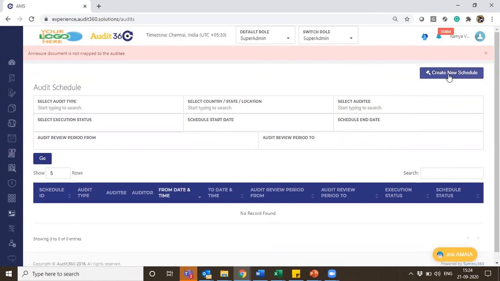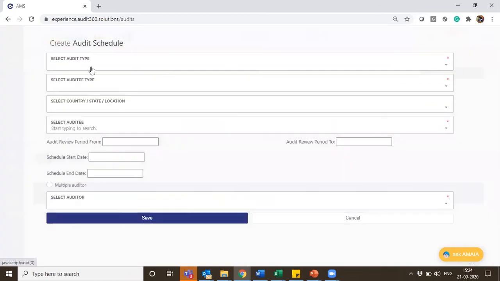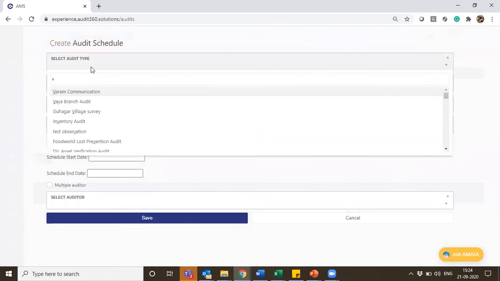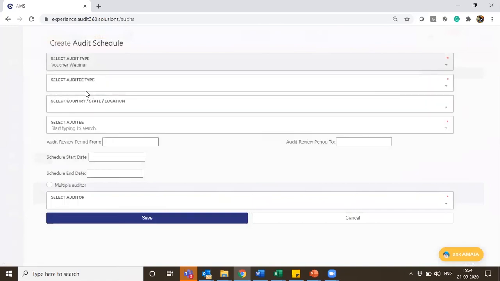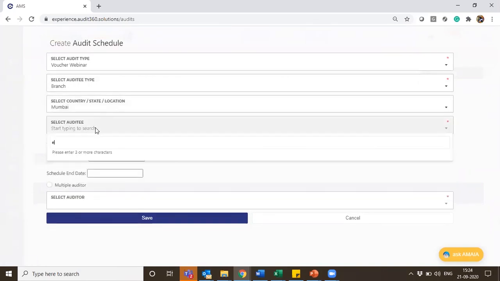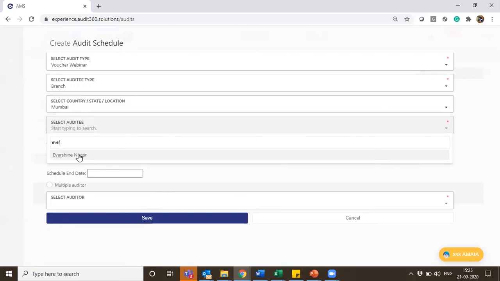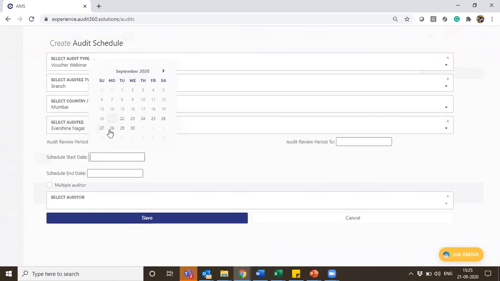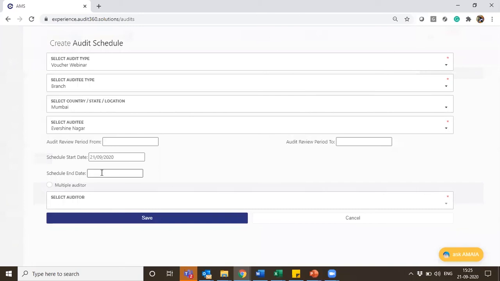So let me do a correct schedule here. I'll do the same audit. I'm choosing again Mumbai, and as I told, it was for Evershine Nagar. I'm scheduling for the same date.